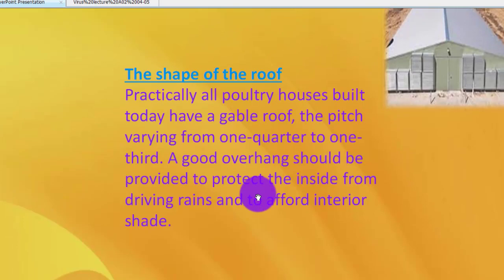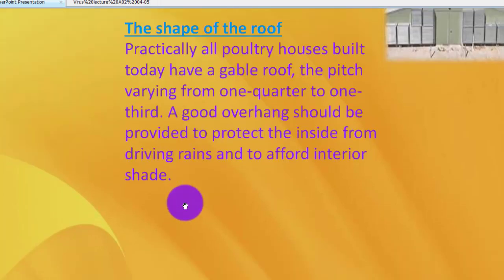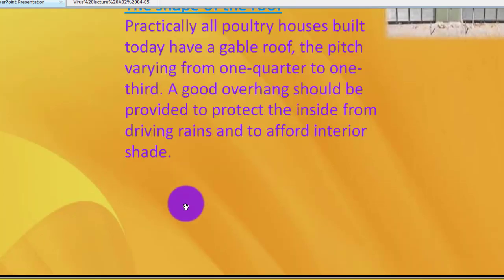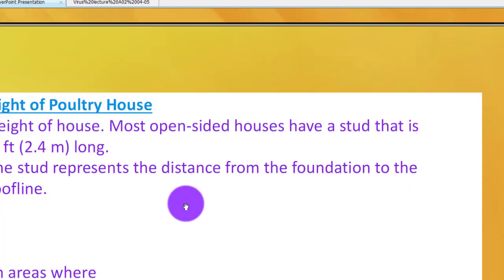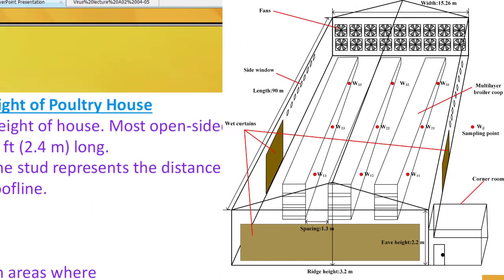The shape of the roof. Nearly all poultry houses built today have a gabled roof, with a pitch varying from 1/4 to 1/3. A good overhang should be provided to protect the inside from driving rain. Height of the poultry house. Most open-sided houses have a stud that is about 2.4 meters in length. The stud represents